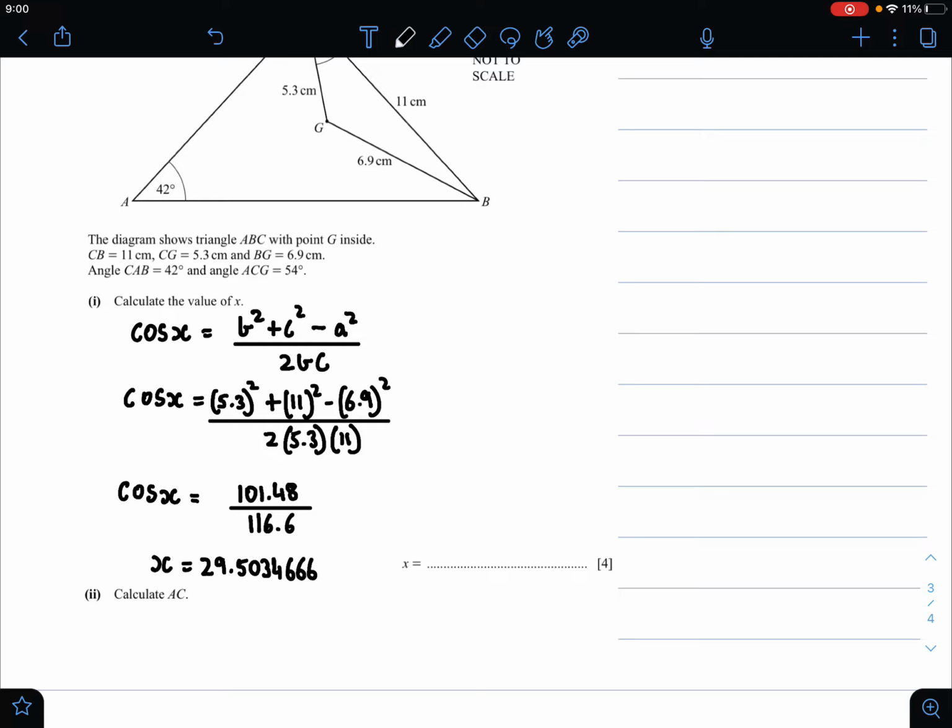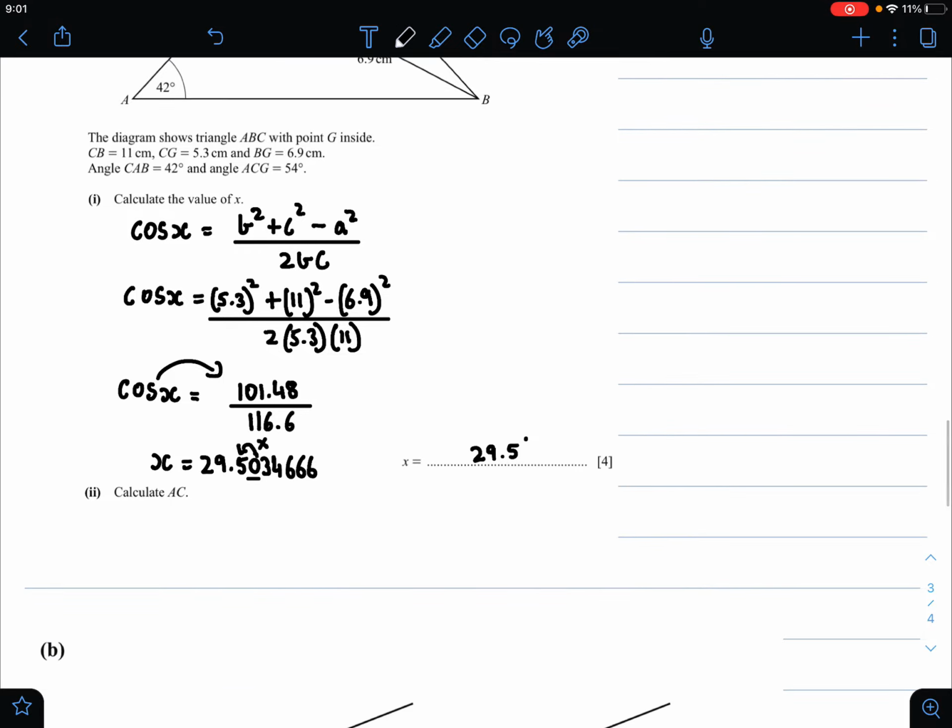So you take cos inverse because when you take a function to the other side of the equation, it becomes the inverse of that function. And therefore the final answer for this question will be 29.5 degrees, because the fourth significant figure in this case, which is 0, is lesser than or equal to 5, and therefore it doesn't round off the third significant figure to the next number. So now let's move on to A part 2, where they are asking us to find